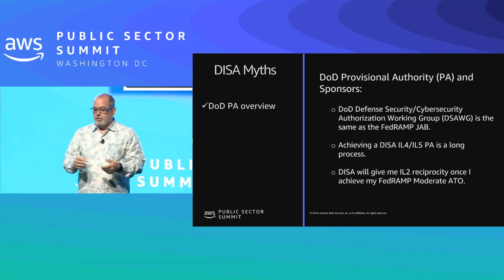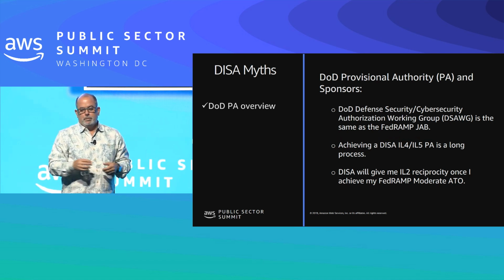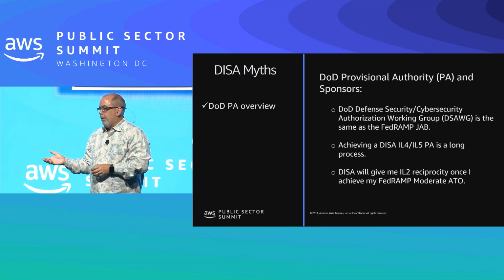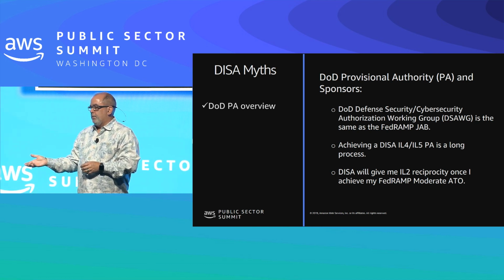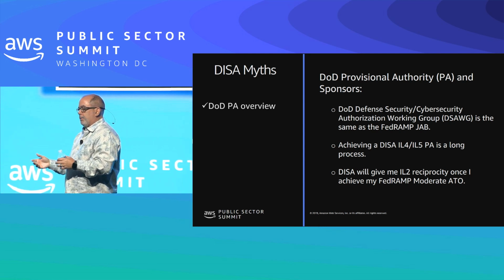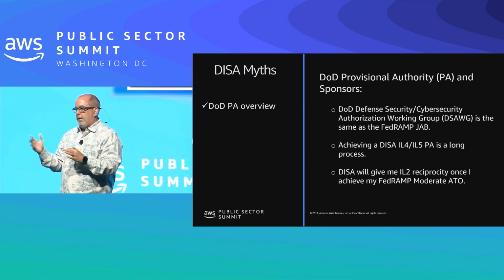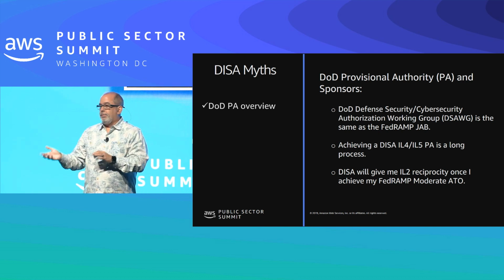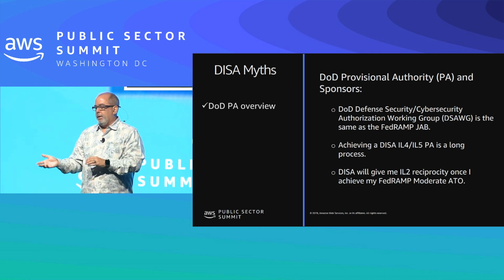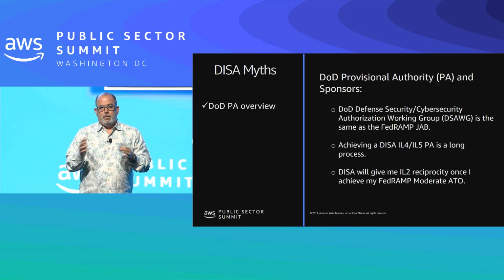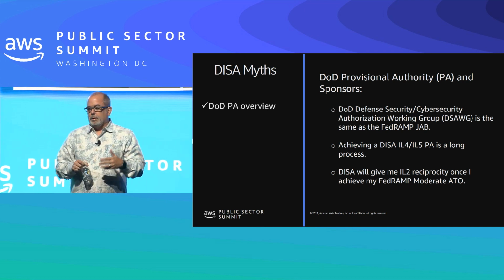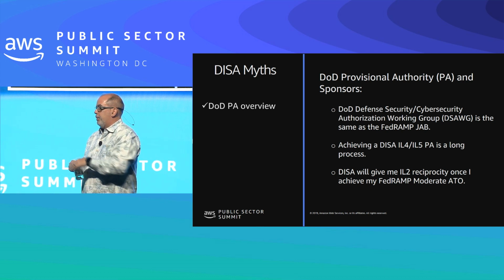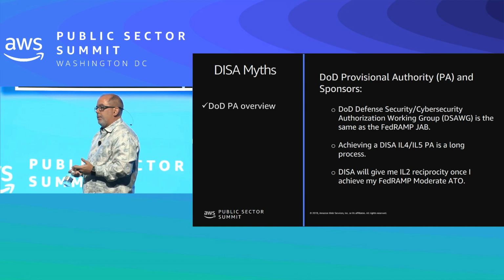In some cases, you do get some reciprocity. As Toby just talked about, if you get a FedRAMP Moderate, you can get reciprocity for a DoD IL2 in some cases, and then also for FedRAMP High. Historically you could for an IL4. Again, we've got to make sure we check with the agencies as these programs evolve and as things change. We constantly get customers that come and say, if I do this, then I automatically get that, and it's not necessarily always the case.